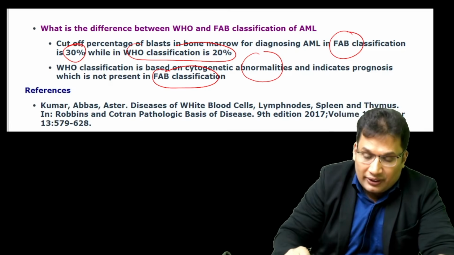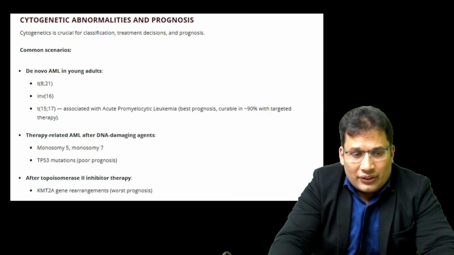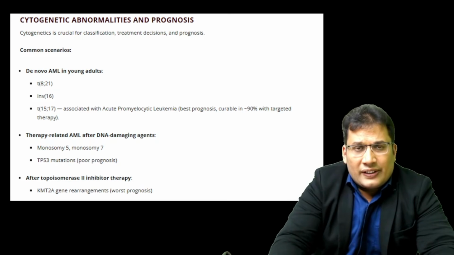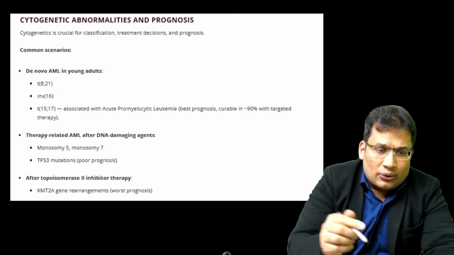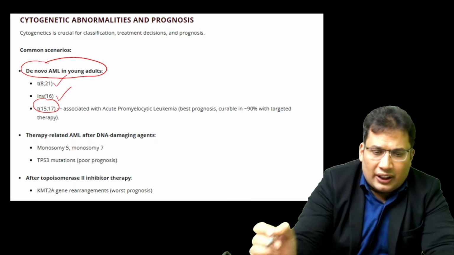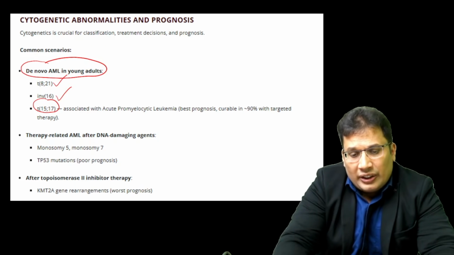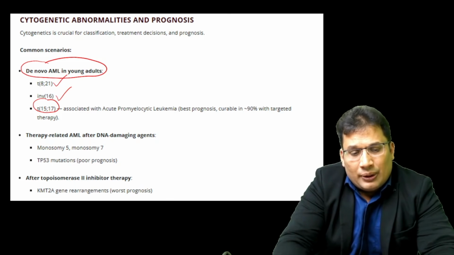This is taken from Robbins. Now, what are the cytogenetic abnormalities and prognosis? There are common cytogenetic abnormalities. So de novo AML in young adults: t(8;21), inversion 16, and t(15;17). The t(15;17) is commonly associated with acute promyelocytic leukemia, which has the best prognosis, curable in 90% with targeted